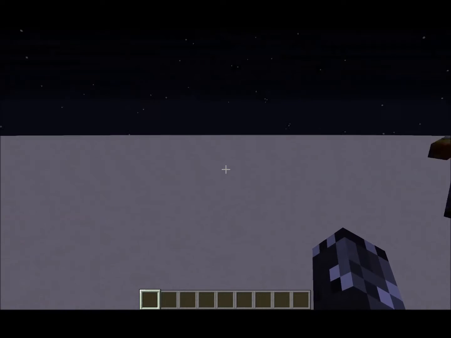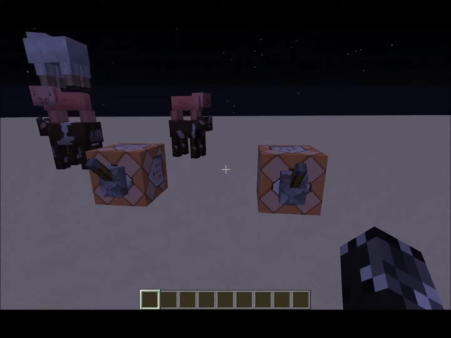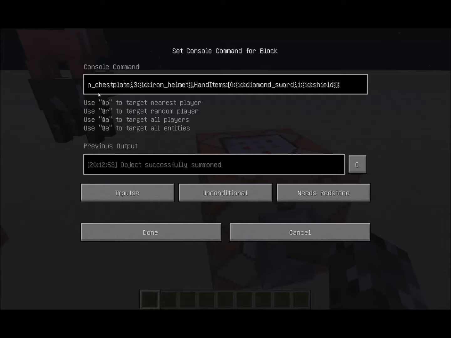But another thing you can also do is give them custom names and have that show when they walk around your world. So for this command, I'm gonna have a zombie named Greg with a diamond sword and shield, not a diamond shield, a wooden shield, and full iron armor. So what you would do for this is summon zombie, the coordinates, and then curly bracket, and then capitalize both words in this. It would be CustomName, the C and the N capitalized, and then you would do colon,